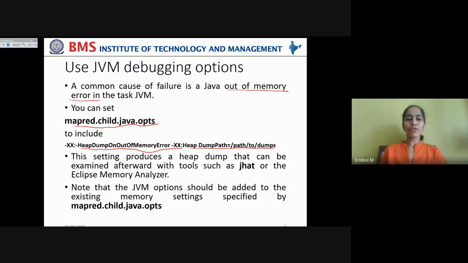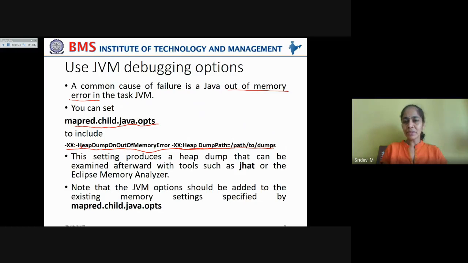It means if you run out of memory, then dump the causes for that, meaning which file caused the memory to run out of space. In that case you can include -XX:+HeapDumpOnOutOfMemoryError, and you can also include -XX:HeapDumpPath=/path/to/dumps. It means you can dump everything into a particular file.